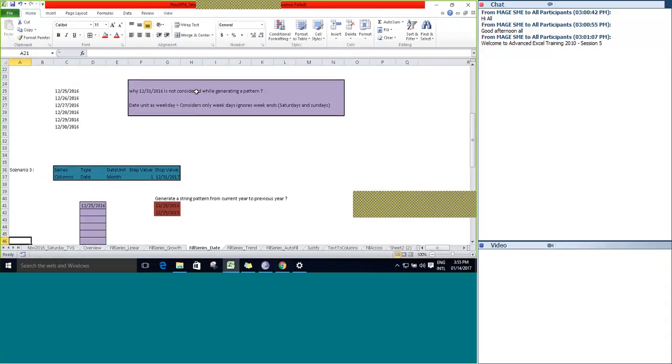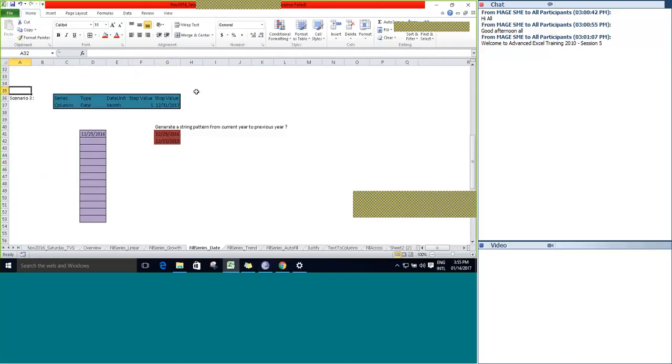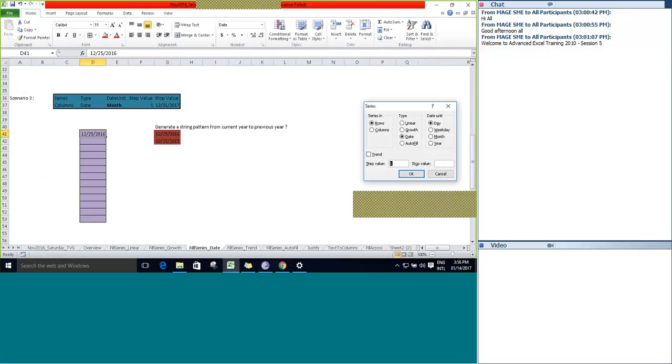So we have two more scenarios remaining in a date. The next one is date unit month. Date unit as a month. Let's have the start value here. Go to fill, go to series, and series in columns.